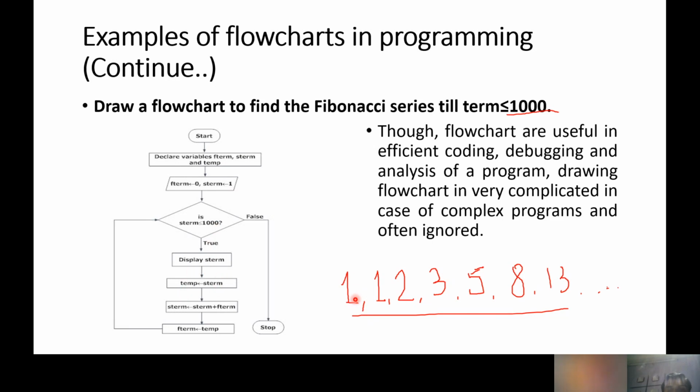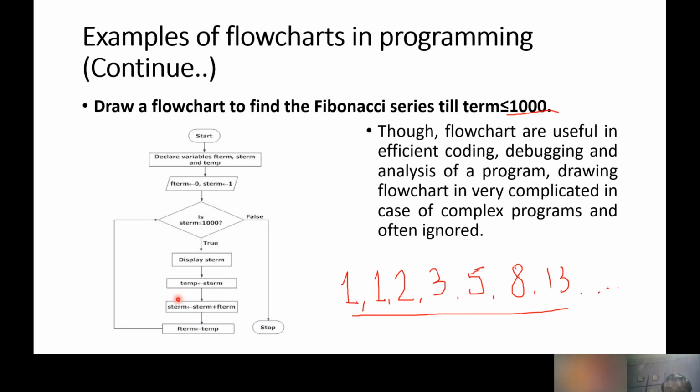Then temp is equal to s term. We store this value, and s term is equal to s term plus f term, that is 0 for f term initially. And f term is equal to temp. Why do we store the value of s term in temp? The reason is if we apply s term is equal to s term plus f term, that shows that